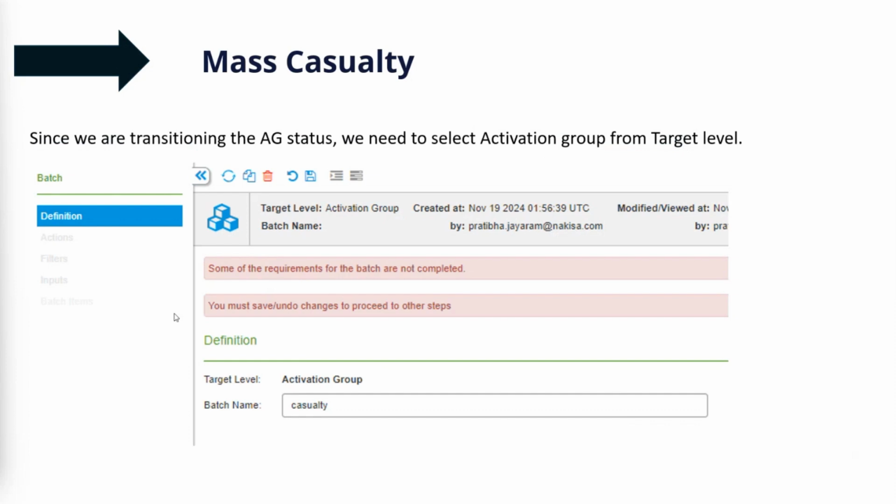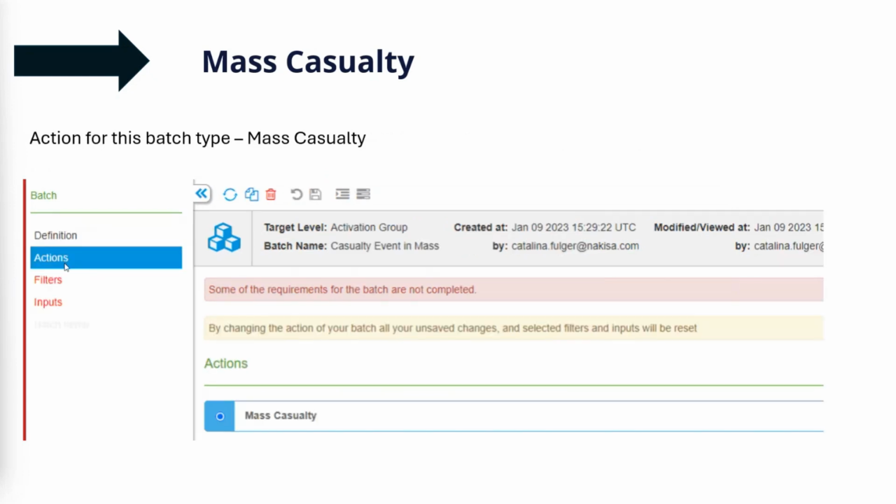And we will reach the definition page. Since the transition is done in the activation group, we need to select activation group as the target level, and we name it and save it. Then we can go to the actions tab, and we have the mass casualty already selected. So we can go to the filters,